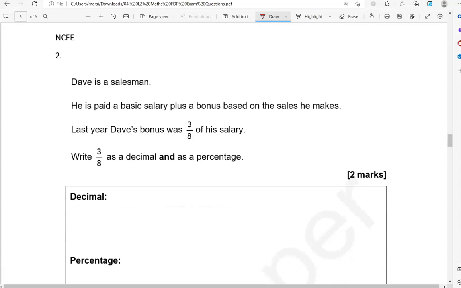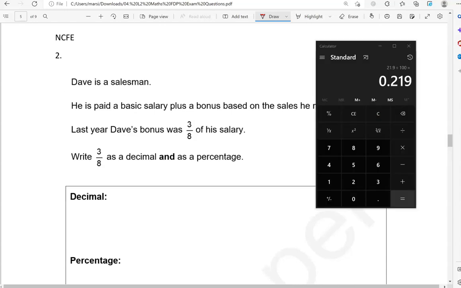Dave is a salesman. He is paid a basic salary plus a bonus based on the sales he makes. Last year, Dave's bonus was 3/8 of his salary. Write 3/8 as a decimal and as a percentage. Again, 3/8, that is 3 divided by 8, which is 0.375